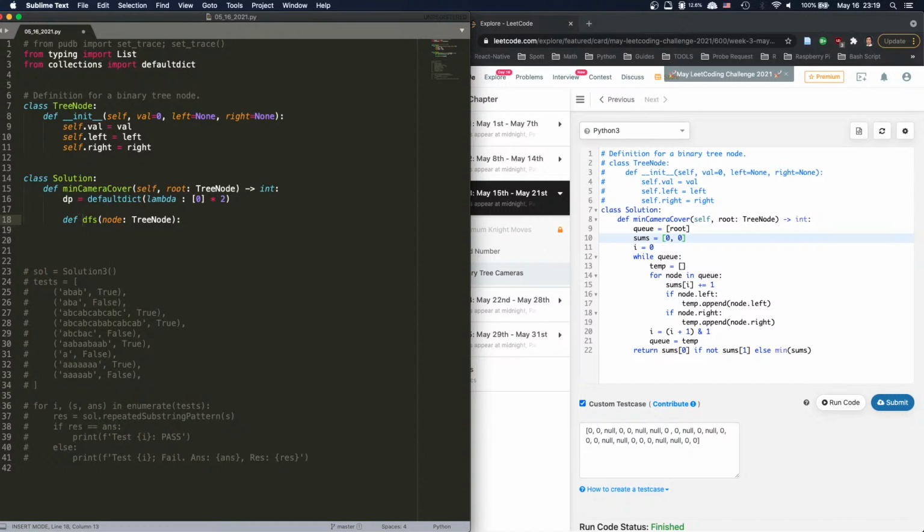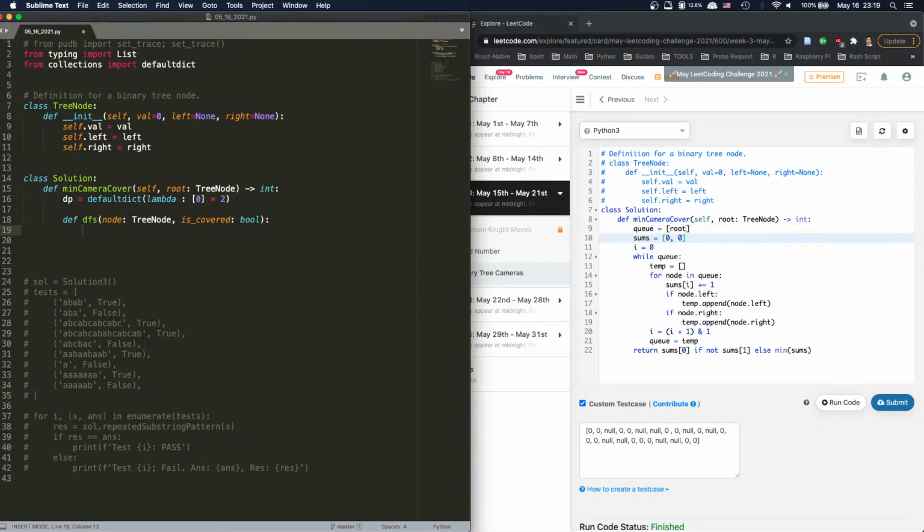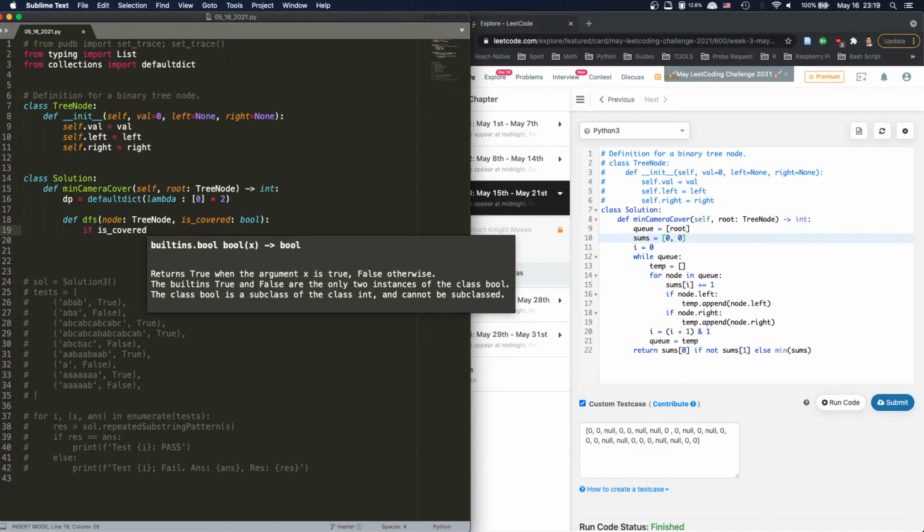If I'm not covered, then I can choose to cover myself or have my children cover for me, right? So there are two situations. If I'm covered already, then I don't cover again, I just pass along. If I'm not covered, so is covered, that's going to be Boolean, right? So I'm going to say if is covered. If I am covered,